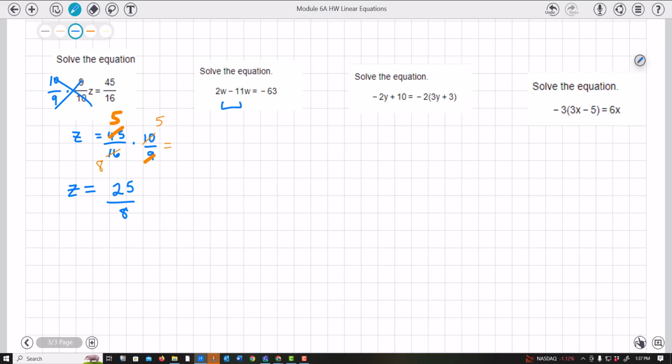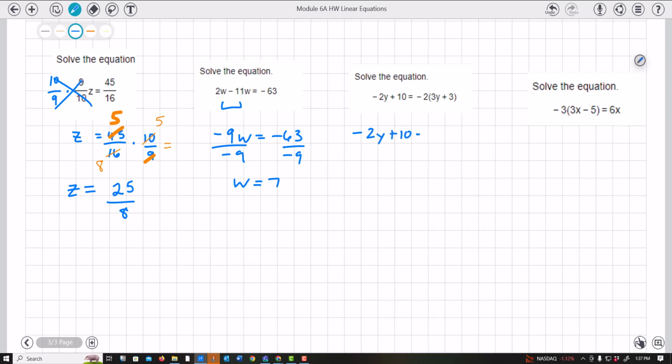All right, next one, I am going to collect like terms. So this is going to be what, negative 9w equals negative 63. Divide both sides by negative 9, and I get w equals a positive 7. Looks like I need to do some